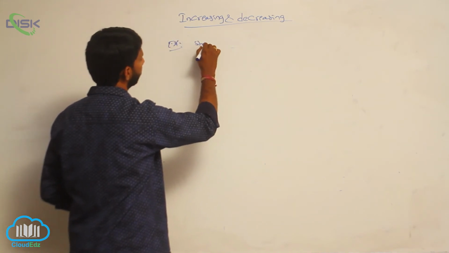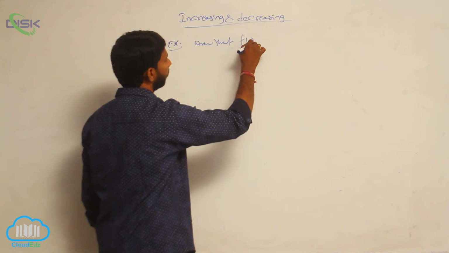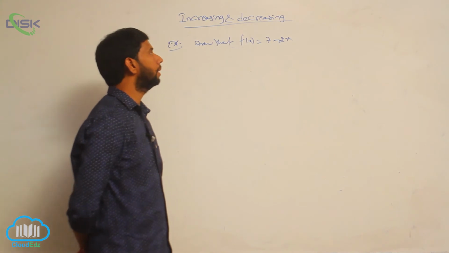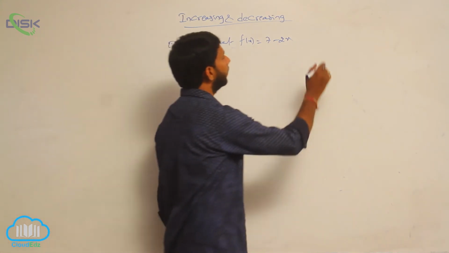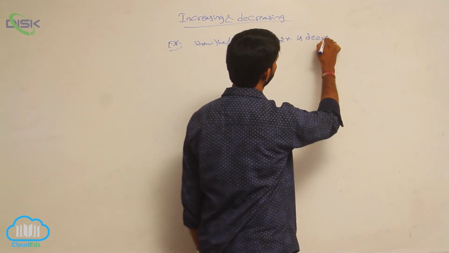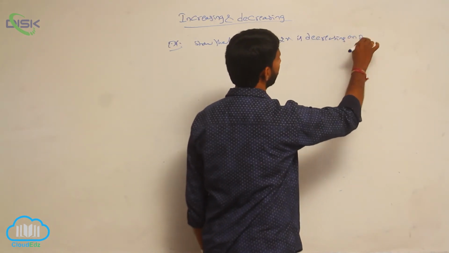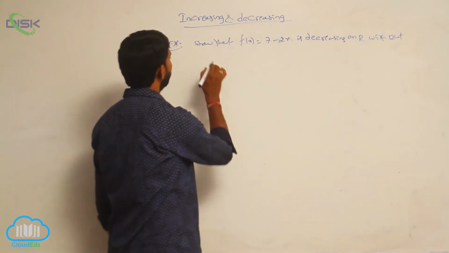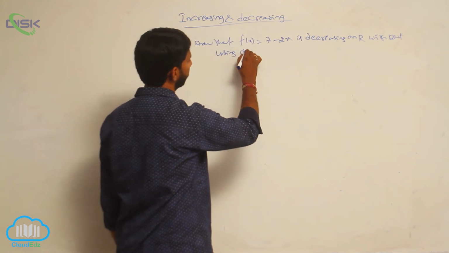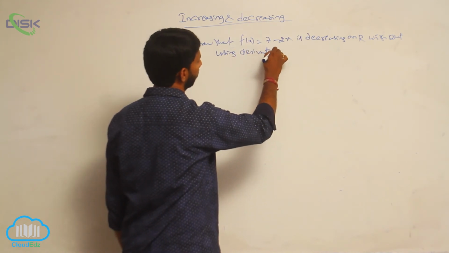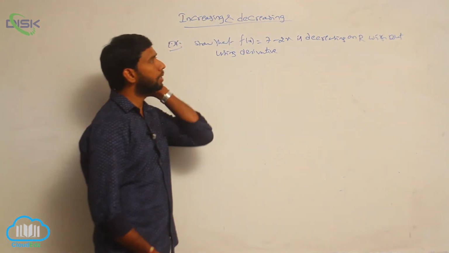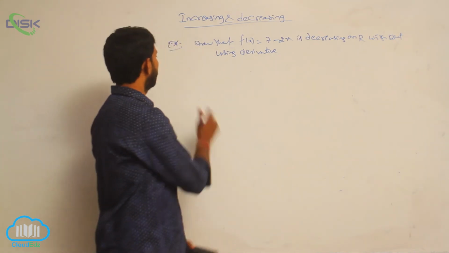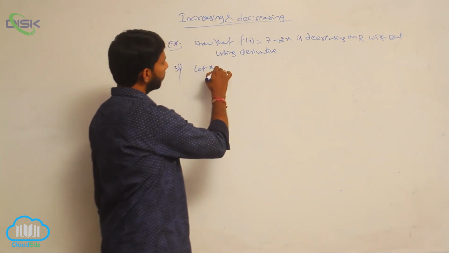Show that the function f of x is equal to 7 minus 2x is decreasing on R without using the derivative. Suppose let x1 comma x2 belongs to